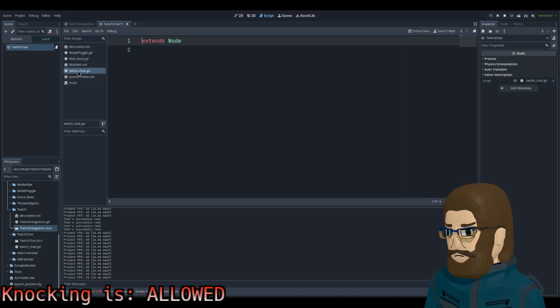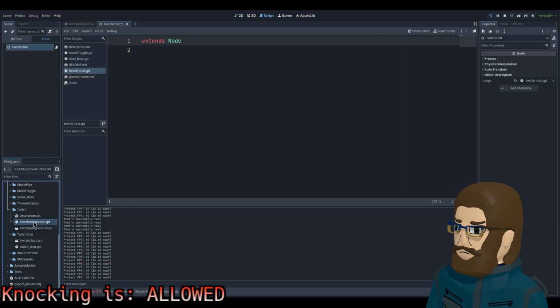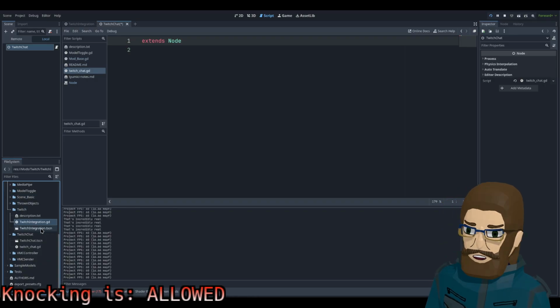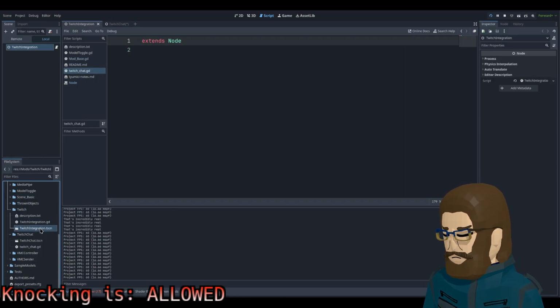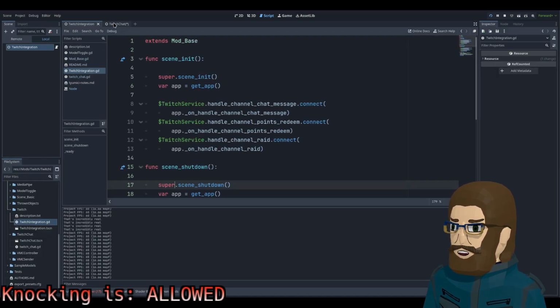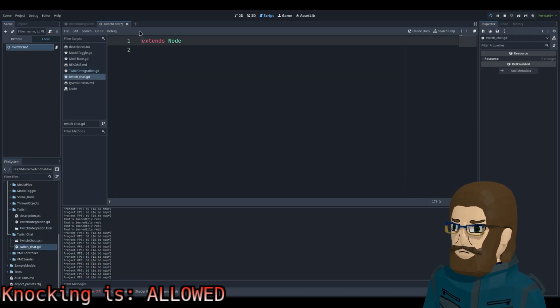Wait. Oh, right. Okay, I'm silly. I'm very silly. You really have to work in this for a long time to get the patterns down, don't you? Because I'm looking at the scene, it's not a solution file, and I'm trying to double click it and it's not opening. It's like, no, you want the GD script, you silly. Okay, yes. Which GD?